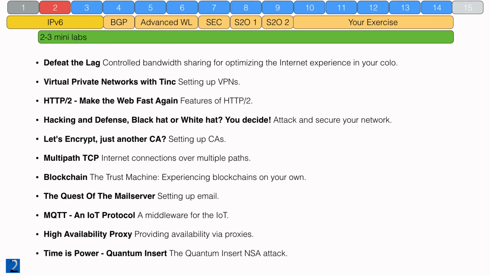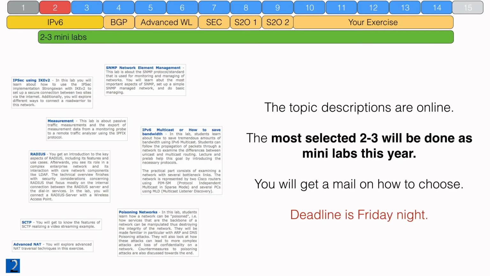Okay, then these are some topics, so blockchain for instance, or, yeah, we built some NSA attacks here. So these are possible topics that you can select, but we have more topics. Okay, then